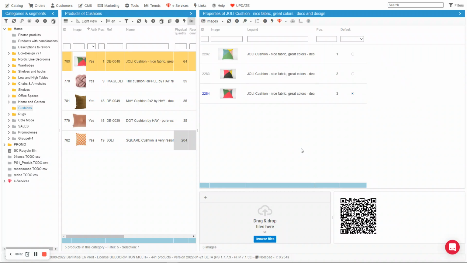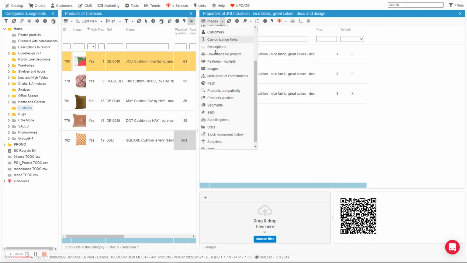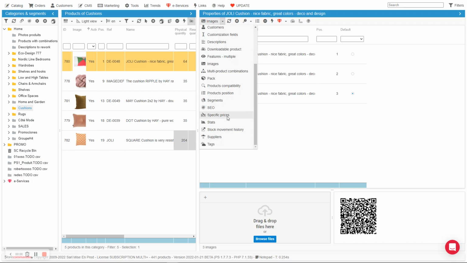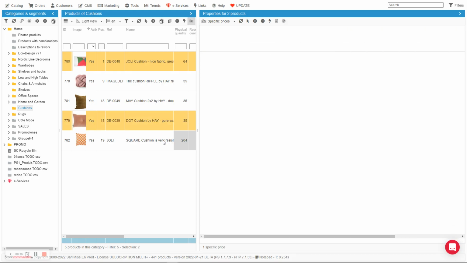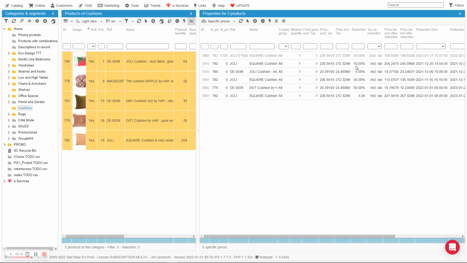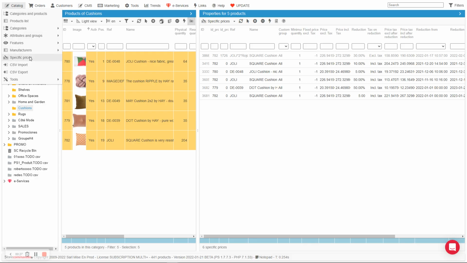In Store Commander, you can manage your specific prices in the interface here. On the right-hand side column, you have a specific prices panel where you can see and modify the specific price of that specific product. Eventually select multiple products as well to view all the specific prices associated to these products, make modifications, etc. But you can also use the specific prices interface, which is dedicated to all specific prices of your